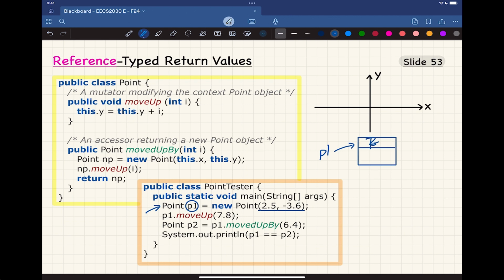And you got a point, and you got x and y, 2.5 and minus 3.6, right? We talked about already how to trace the constructor in detail. So for that part, I'm going to skip, right? If you're not so confident, you should also try to do that by yourself to convince yourself. The second line,